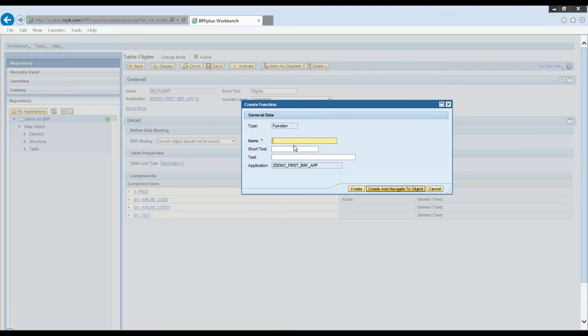I name the function. Let's say I want to create a simple function wherein I want to check if the incoming airline code is American Airlines. Just tell that it is an American airline. So I say FC. FC stands for function. Check airline. Create a function.